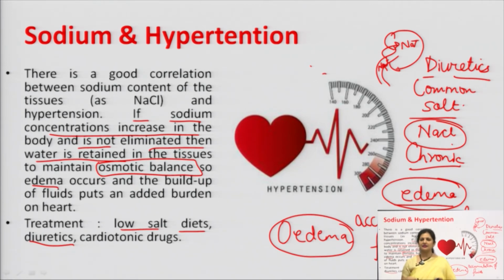तो अगर आप डाययूरेटिक्स लेते हैं तो डाययूरेटिक्स में यूरिन के साथ साथ आपकी बॉडी से NaCl भी जो है वो एलिमिनेट हो रहा है, ठीक है. Then we have the cardiotonic drugs. Cardio is the word which is related to the heart, and cardiotonic drugs are the drugs which are going to maintain the tonicity or the proper functioning of the heart. So, in the case of hypertension, what do we do? We take the drugs, say diuretics, we take cardiotonic drugs, as well as we take the low salt diet, so that sodium cation का concentration ज़्यादा नहीं हो and it is eliminated, right.